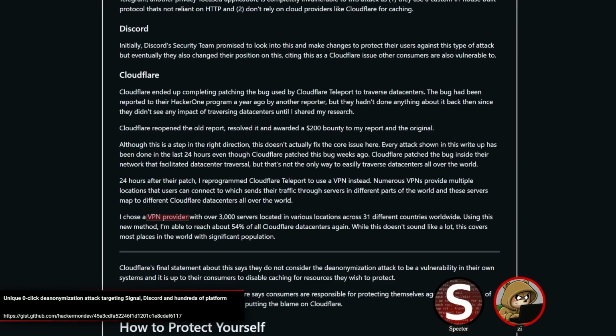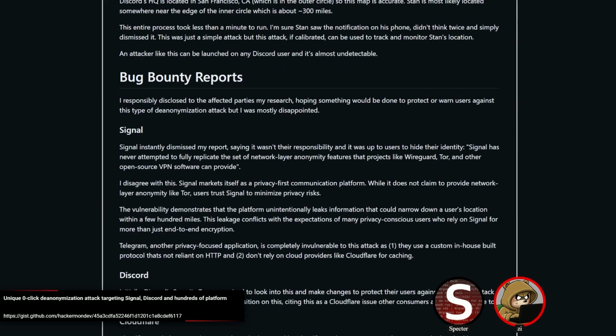And there's nothing really Cloudflare could do about that, because it's being filled by the correct cache. They don't know your actual location, they know where the request is originating from, and so they're using a VPN to kind of hide that. When I do want to comment though, when you talk about Signal, I kind of understand why Signal might,